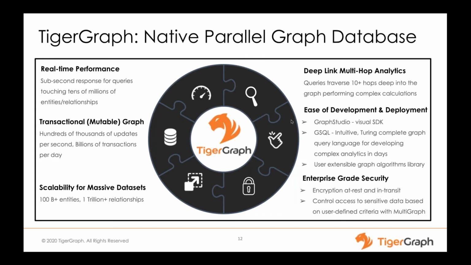The second aspect is the transactional aspect, because if you look at analytics use cases, if you are from the BI world, there are no updates. It's all about reporting on what happened. But the new world of analytics requires you to change data, basically update data, because they are powering business processes. It's not just reporting. So with TigerGraph, you have the ability to transactionally change data, and we guarantee ACID properties for all the changes